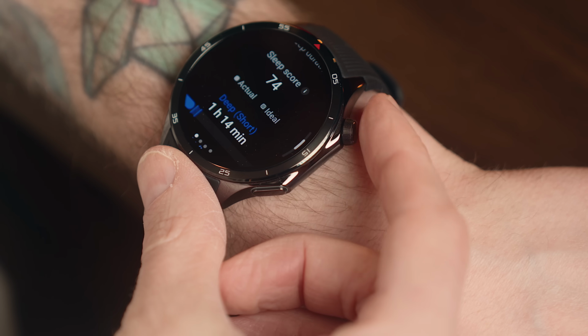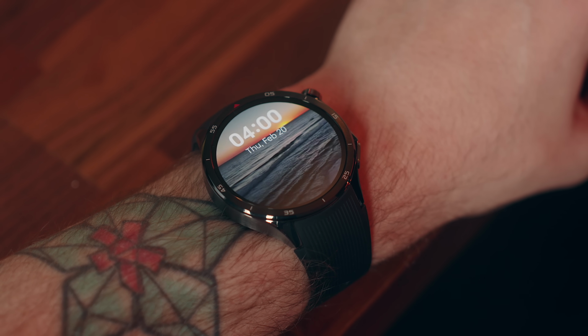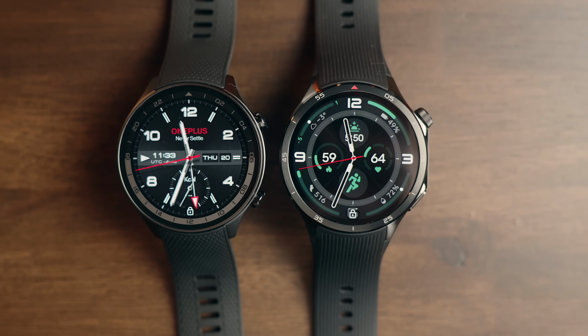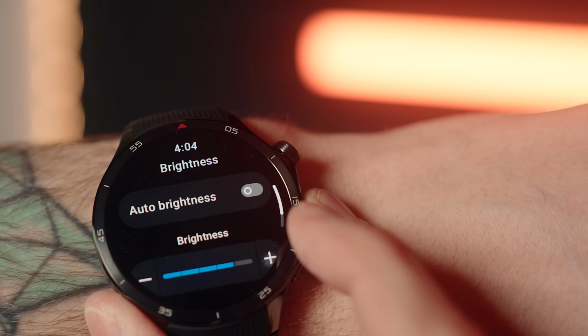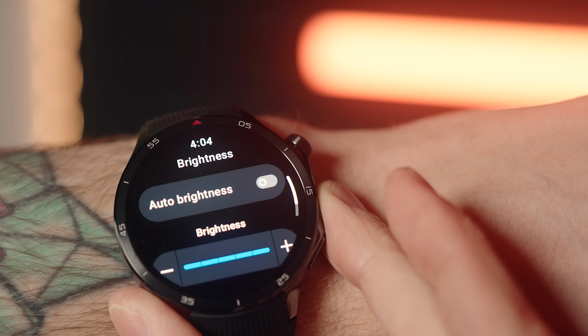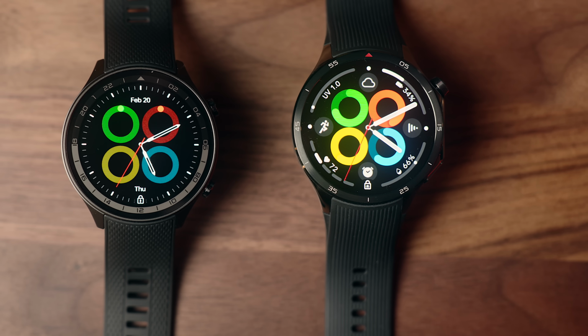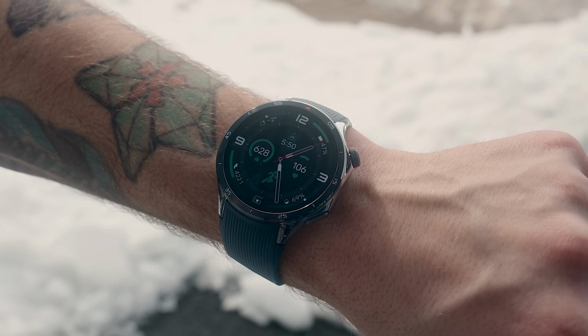And speaking of scrolling through the screen, the display itself also has some notable upgrades. The screen is a little bit bigger this year, going from a 1.43-inch AMOLED display in the Watch 2 to 1.5 in the 3. And it got a huge bump to the brightness level, where last year it was 600 nits max, and now goes all the way up to 2200 nits. That makes the Watch 3 much more functional and easier to see in daylight or direct sunlight,